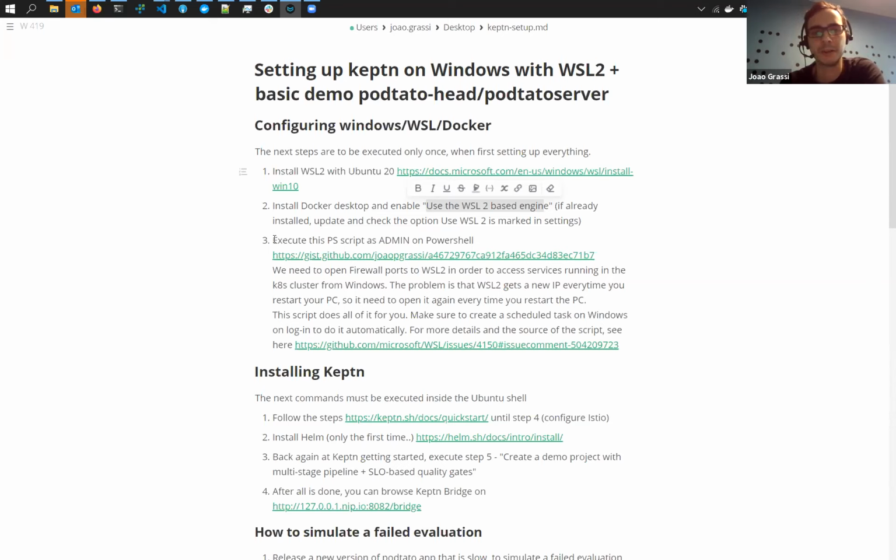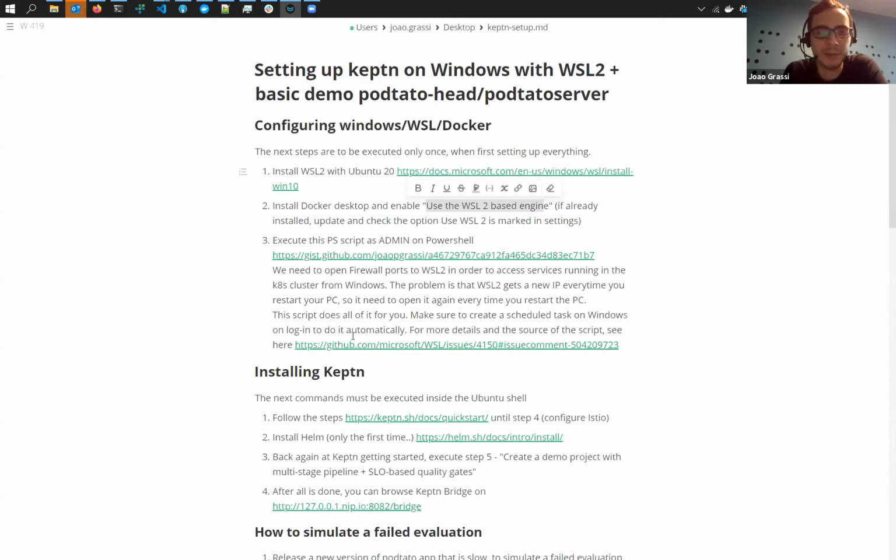Yeah, but I didn't follow the steps on the getting started page from Keptn. Everything was installed and everything looked good in the Kubernetes cluster. All the ports were being forwarded and all worked, but I couldn't reach the Keptn bridge from my Windows PC, for example. I couldn't reach Prometheus from my Windows PC. Nothing really worked. And then after a day or so of investigation, I found this GitHub issue, which